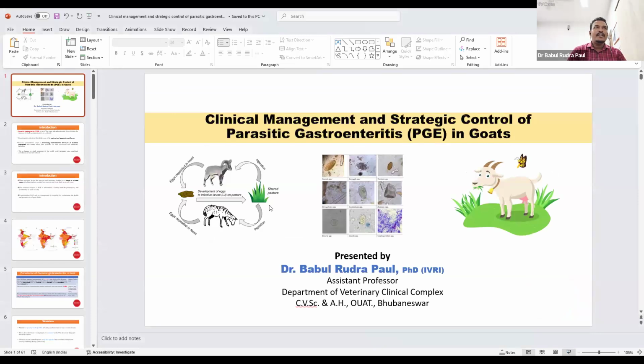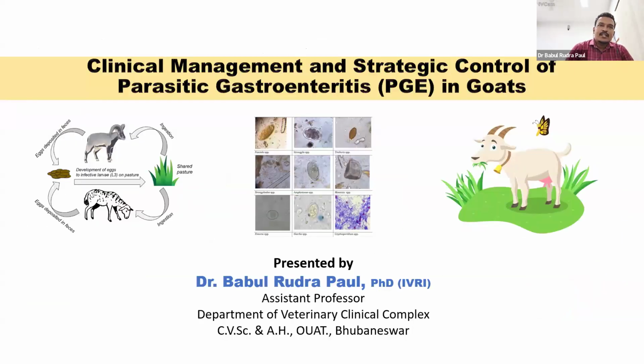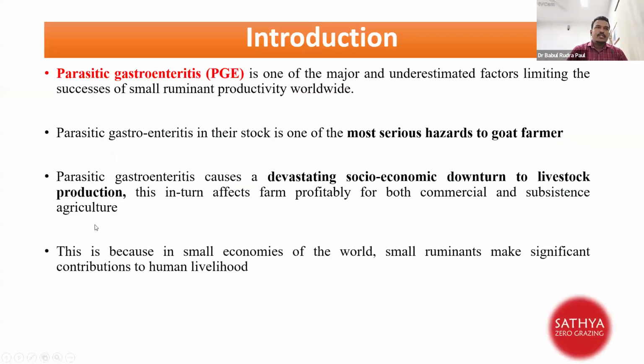The topic is clinical management and strategic control of parasitic gastroenteritis. This topic is not only a simple topic, it is very important for the livestock farmer, specifically the goat farmer. Parasitic gastroenteritis is very common at the farm level, and goat farmers really face this problem because the parasites are commonly present in the farm and grazing area, so their economy is seriously